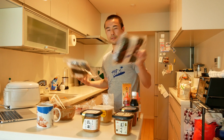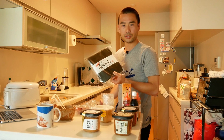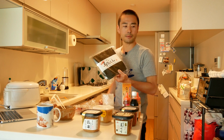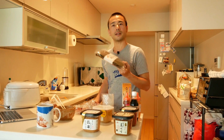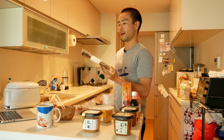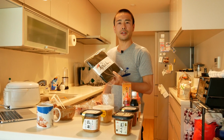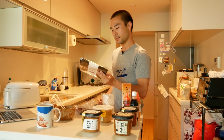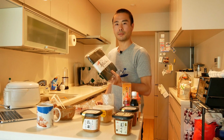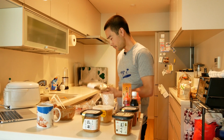And I got lots of nori. So this is roasted seaweed, which you would use to make sushi. So I don't really eat sushi out, since I always make it at home. It's pretty easy to do, and I will be sharing some videos on how to do that in the future. They do have a decent selection of nori at home, but obviously not as much as here. So I always stock up. It's light, it doesn't cost too much, and it tastes much better than usually what I can get at home. So I bought some nori